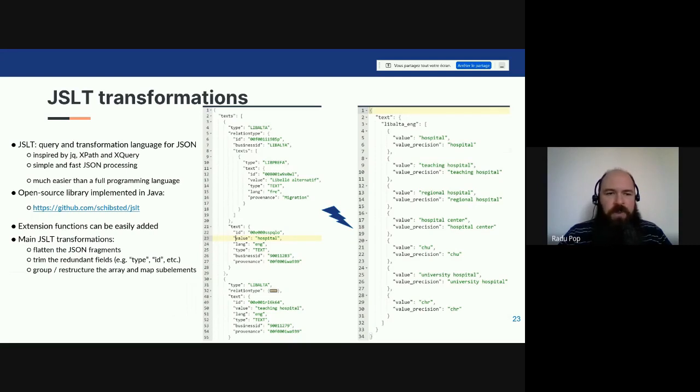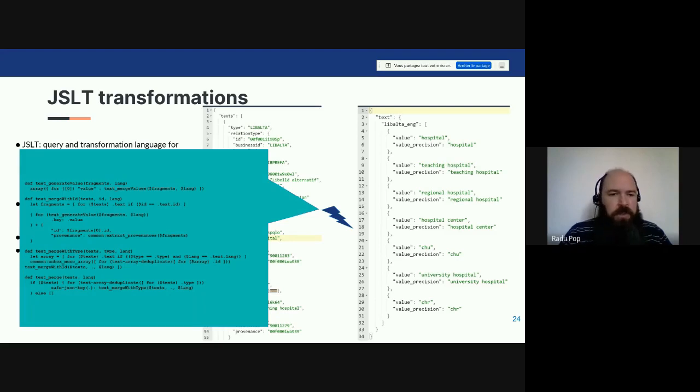In terms of performance, it's a very fast processor, and it's very easy to use and implement without requiring full programming language skills. Moreover, different extensions, different functions can be added on the fly, and we used JSLT to produce the final JSON documents, to trim some redundant fields, or to group or restructure different arrays of sub-elements.